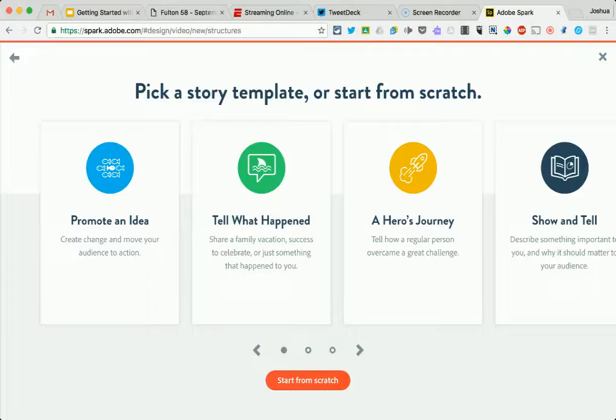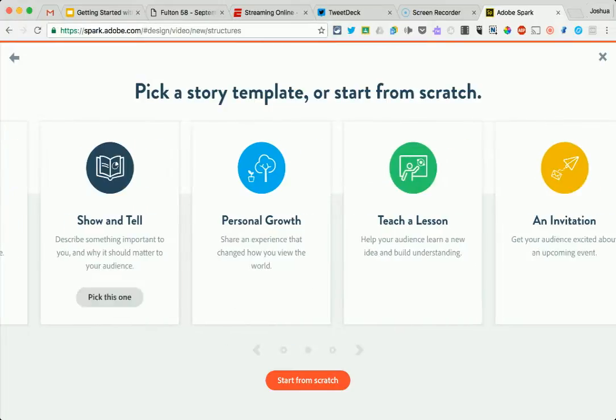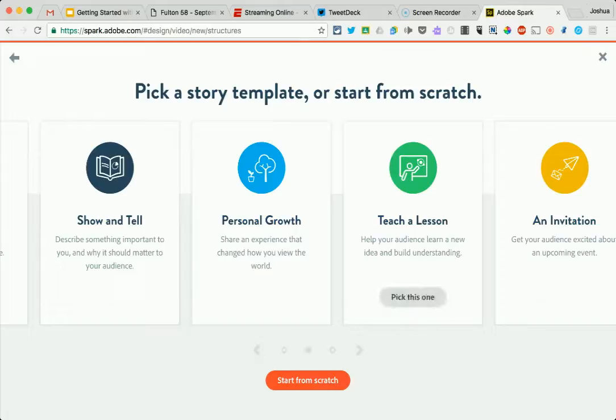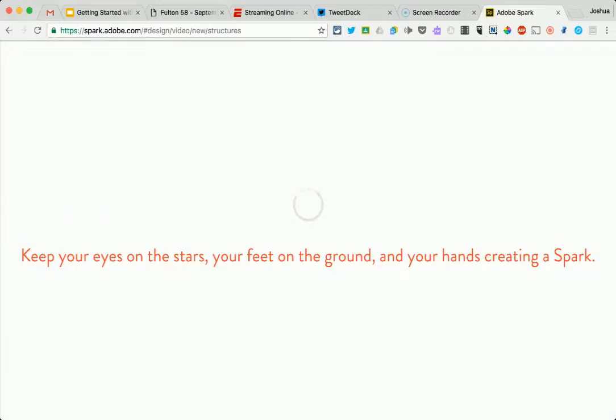All right, so you have some options to get templates. Are you talking about an idea? Are you trying to tell a story about something that happened to you? Maybe a biographical story about a person, or if you want to, make up a narrative and tell it that way. Explain or talk about something. Talk about your life story. You want to teach a lesson. This is a great one. You want to create an invitation to send to your classroom party, or you just want to make up something. I'll go with teach a lesson,